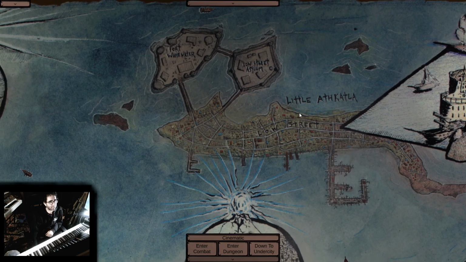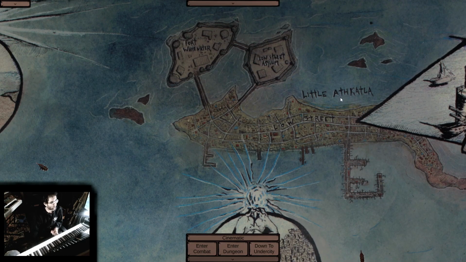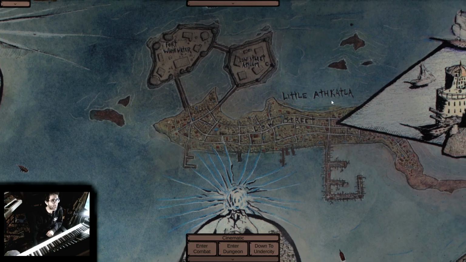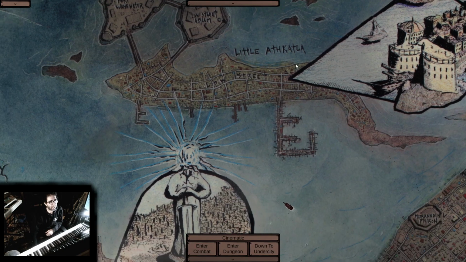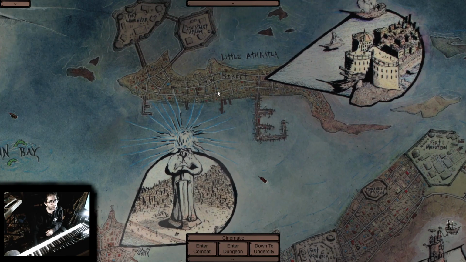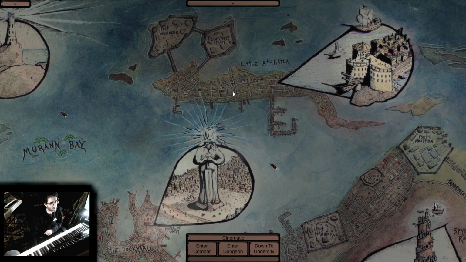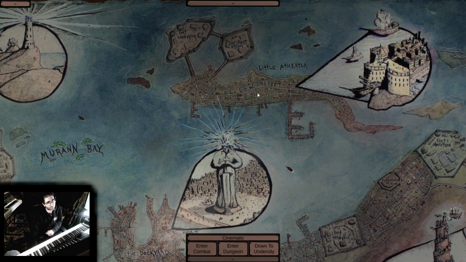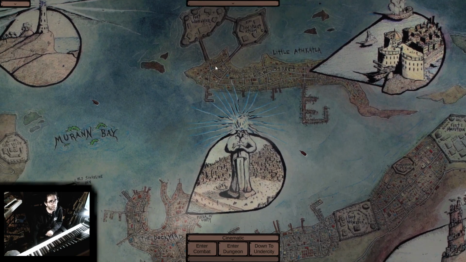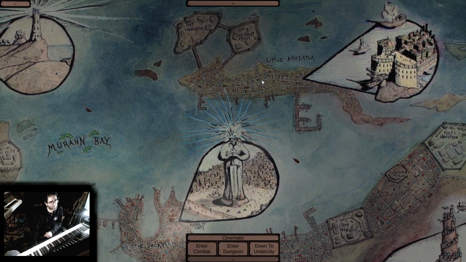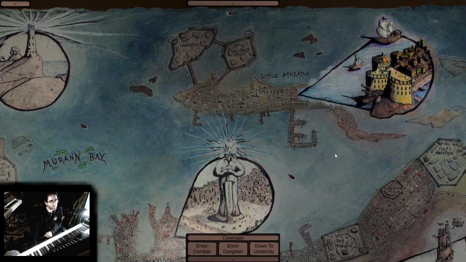Little Athkatla. Athkatla is a city which is actually where a lot of the game Baldur's Gate 2 takes place, if you played that one. And I decided that a nearby major city would have a lot of population immigrating from a place like Athkatla. So I decided that this really, really low to the ground island off the coast would have a population from there. I based Little Athkatla, I'm going to click on it while I'm talking about it, I based it kind of on